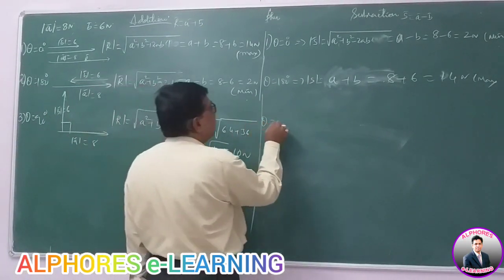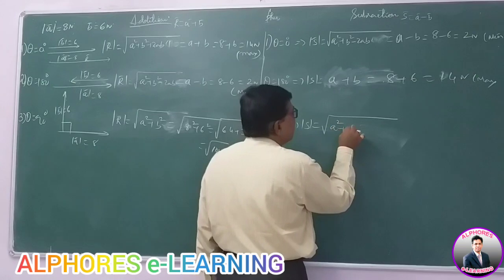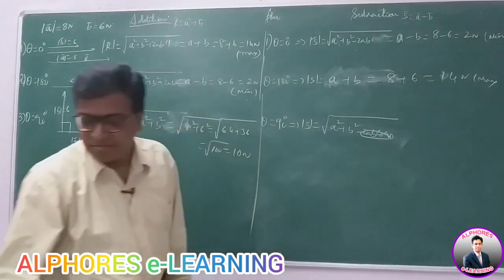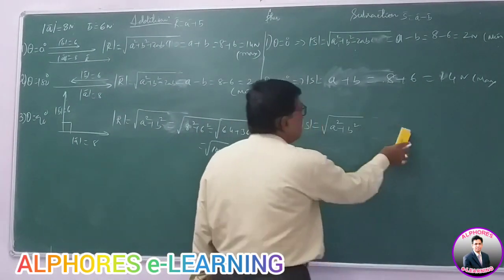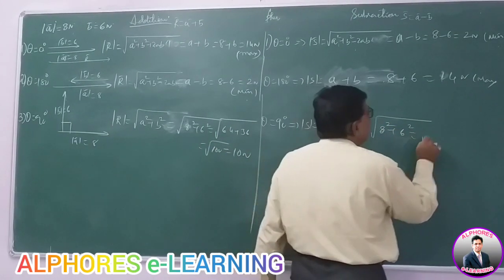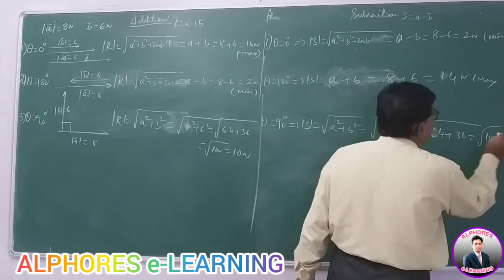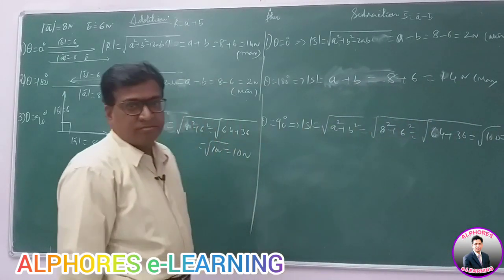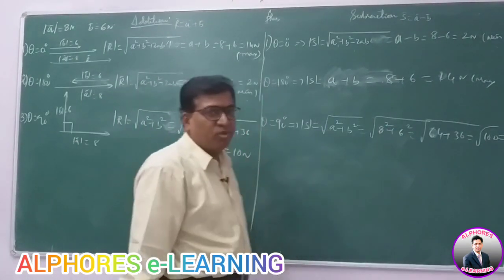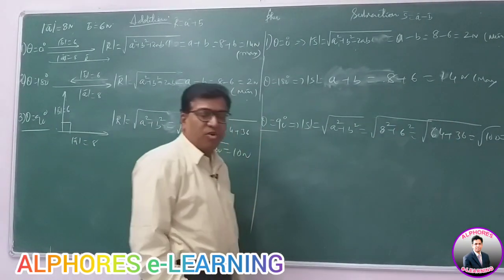Similarly, if theta is equal to 90 degrees, then what is mod S? Same formula: root of A square plus B square minus 2AB cos 90. But again cos 90 is 0. So it's root of 8 square plus 6 square, under root of 64 plus 36, root 100. The answer is 10 Newton. You see, when theta is 90 degrees, the magnitudes of the addition resultant and the subtraction resultant are both equal. So when theta is 90, mod S is equal to mod R.